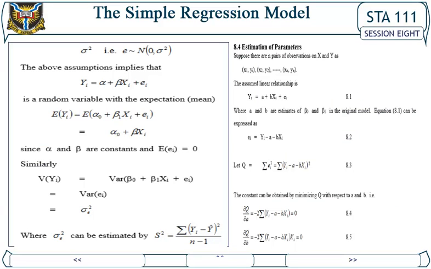That is, the above assumptions imply that yi is a random variable with the expectation, or mean, E(yi) = E(alpha naught + beta 1 xi + ei) = alpha naught + beta xi, since the two parameters are constant and E(ei) = 0. Similarly, the variance of yi equals sigma squared, where the variance can be estimated by